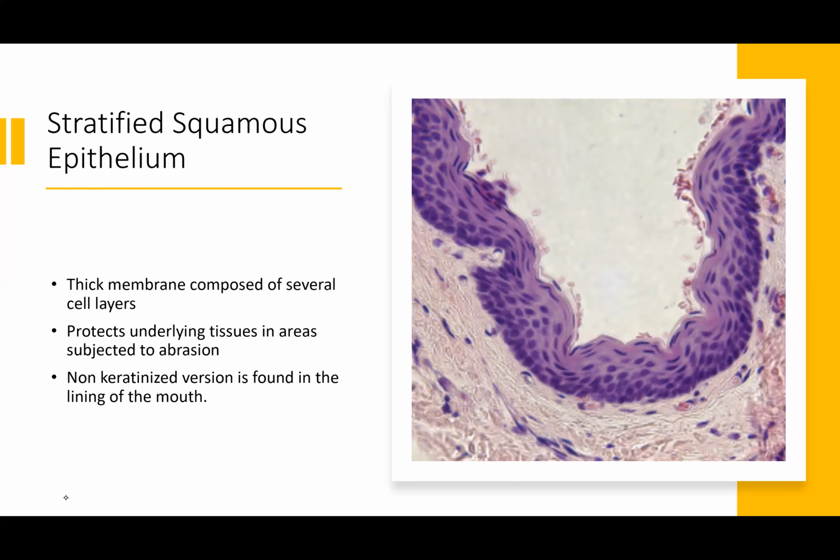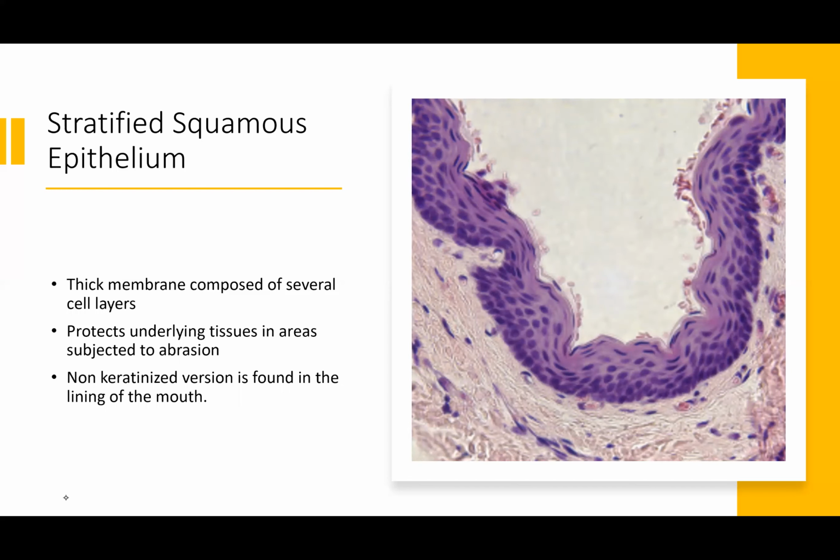And so stratified squamous, I think, is pretty easy to identify because it has that kind of crushed squamous look that squamous cells have, but also you're never going to see such a thick membrane anywhere else in any of the other epitheliums. If you look at it, it's pretty gnarly because it's composed of those several cell layers. And a good thing to remember is that